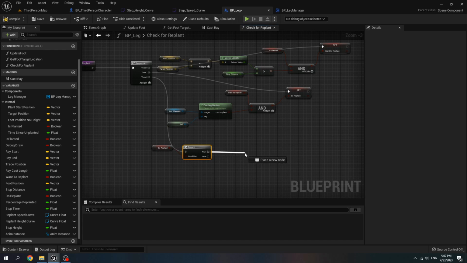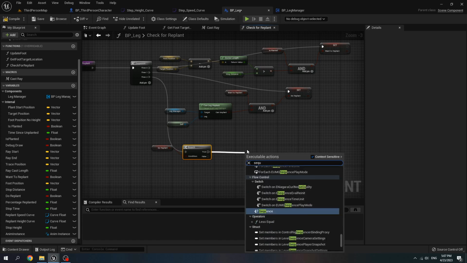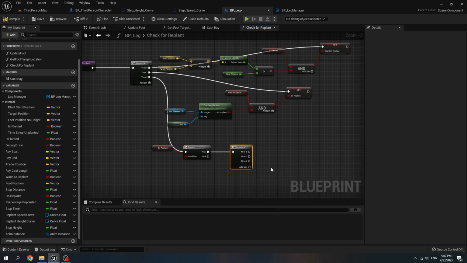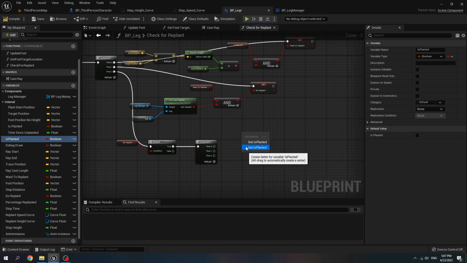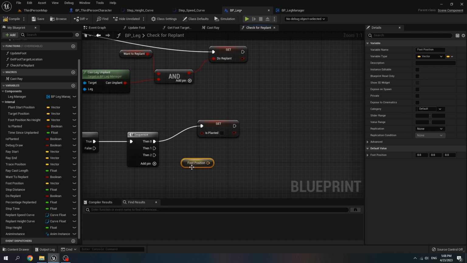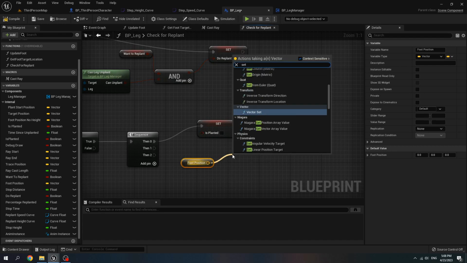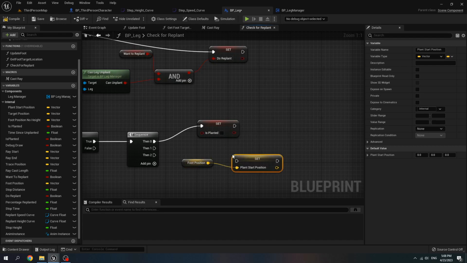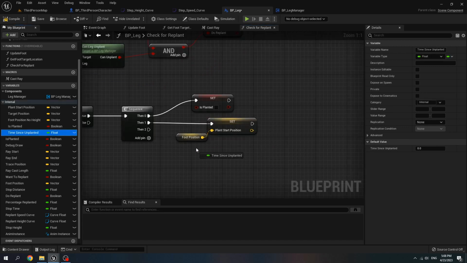And if it's true, we create a sequence. Add pin, set is planted to false, get put position, set plan start position, set time since and planted to 0.